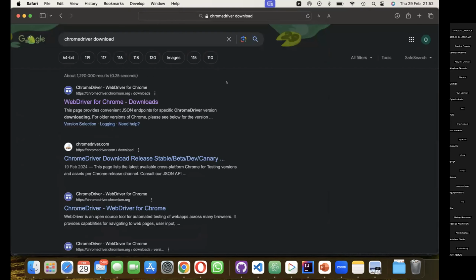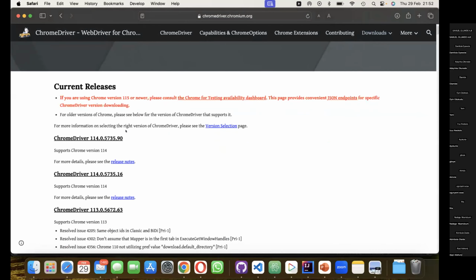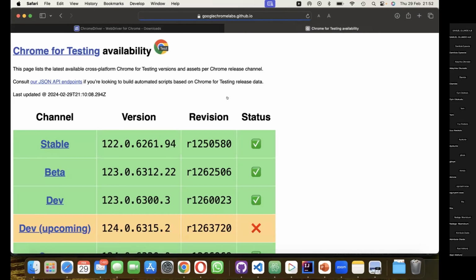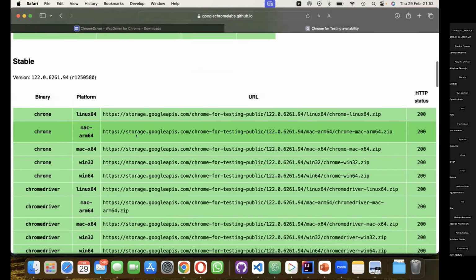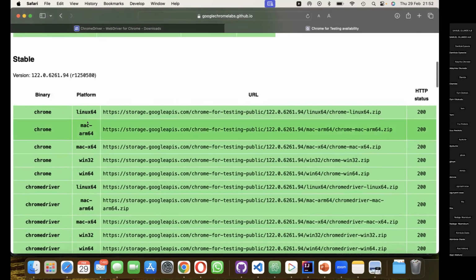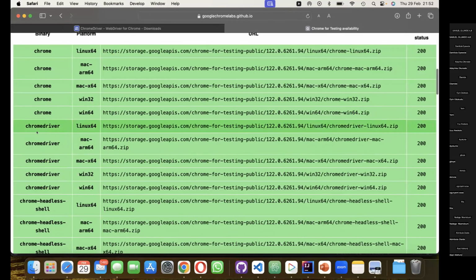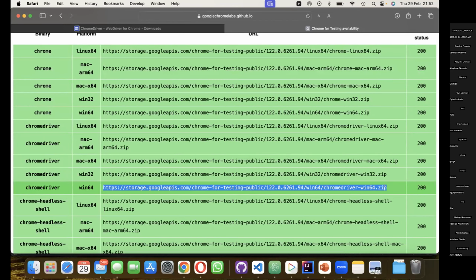So it's going to be a case of me coming to WebDriver for Chrome downloads. So I just type Google Chrome downloads on my browser, and it's going to give me different options to download from. So you can see this is Chrome driver 114, but I need 122. So these are the stable versions, and I'm not downloading Chrome. I need Chrome driver. So the one for my operating system would be this one that says Mac 64-bit. If you're using Windows 32, you can download this one. So all you need to do is just highlight, copy this link, paste it on a different tab,